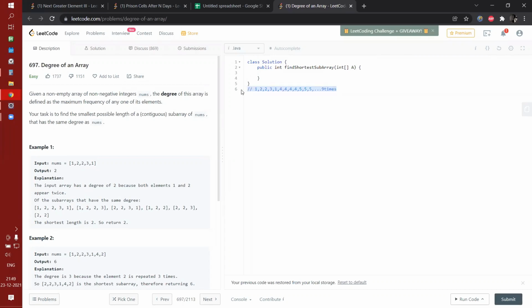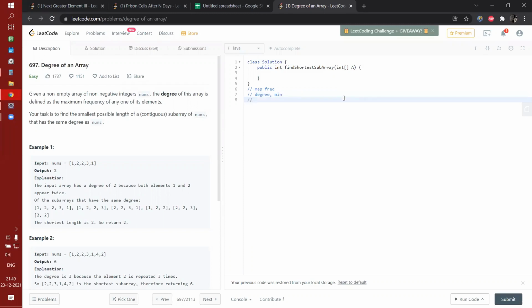So how will you do it? Since it requires frequency, you can declare a map of frequency. You need to calculate the minimum subarray, so you need some variables like degree, maybe a variable named minimum.